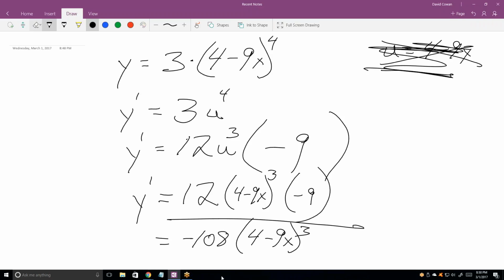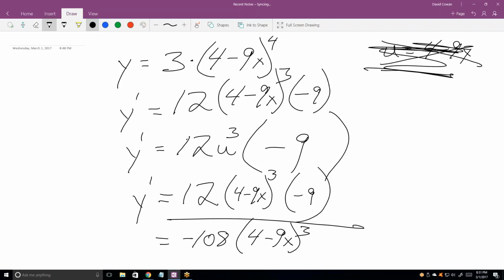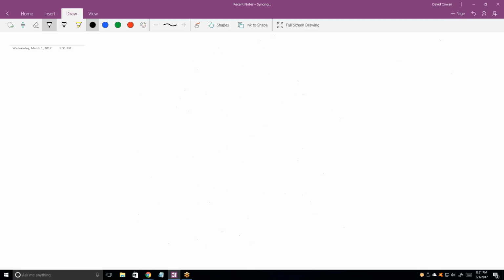So if I don't use u substitution here, then the derivative of the outside is 4 times 3 times the original inside to the third power. So that's the derivative of the outside. And then times minus 9, the derivative of the inside. But you definitely have to recognize what is the inside. It's not always perfectly clear. For example,